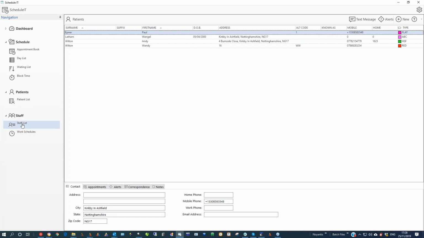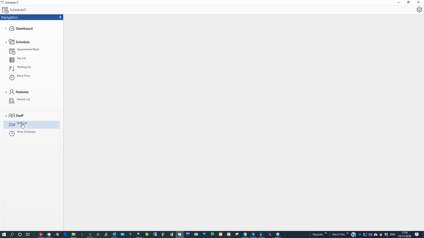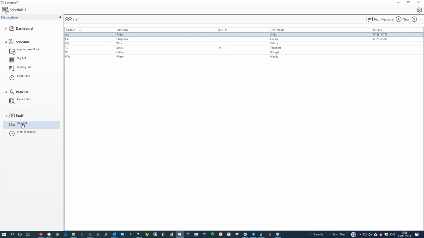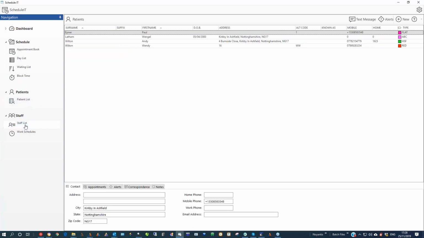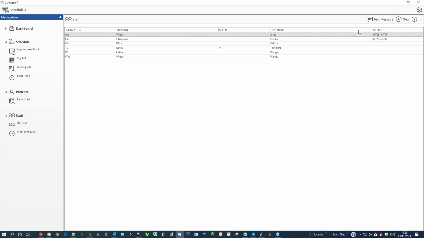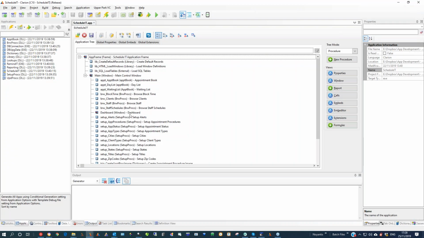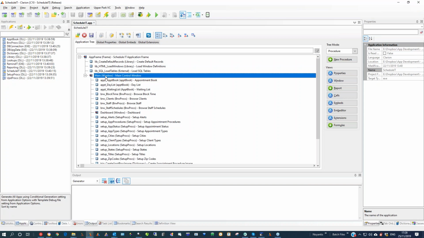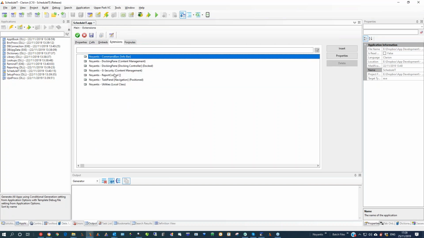Okay. This will do the same. So this will call the staff list, and that pane is now open. But these are attached to each other, and all I'm really doing here is switching the pane. So you can get the effect of what you're after. And how that is done is